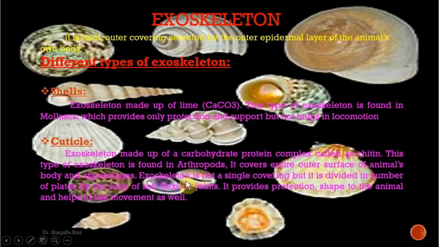Exoskeleton is not a single covering, but it is divided into a number of plates with the help of soft flexible joints. The arthropods have a number of joints in their skeleton to provide the exoskeleton to their appendages as well. Not only their body, their appendages as well. It provides protection and shape to the animal and helps in fast movement as well. Because of the exoskeleton and the presence of the joints in this exoskeleton, they can move very fast and very